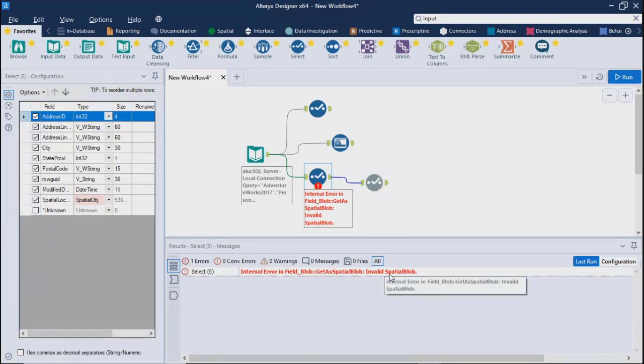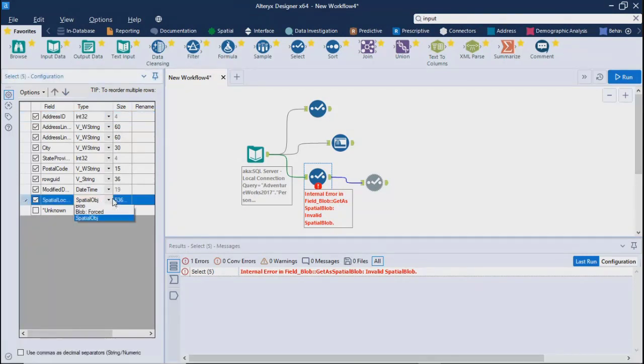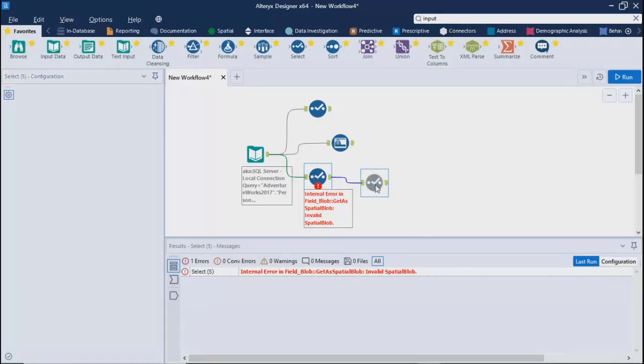A spatial object means it's related to your map, your geographical location. It could be your latitude or longitude information. It could be the coordinates. It could be any number in terms of distance. But as of now, this is the blob type, and that is why we are not able to convert this into a spatial object. So even the Select is failing and Dynamic Select is failing.